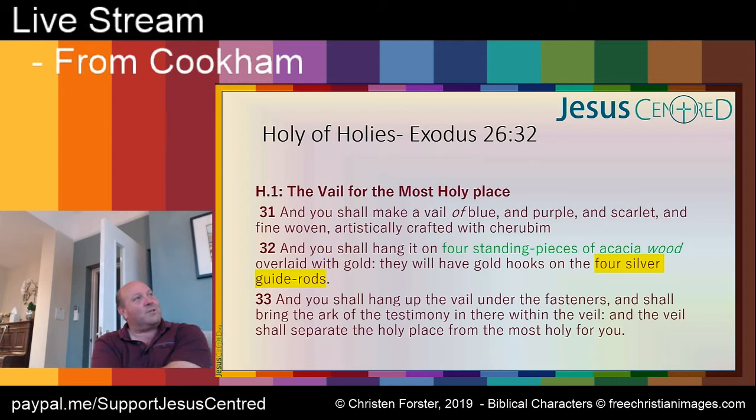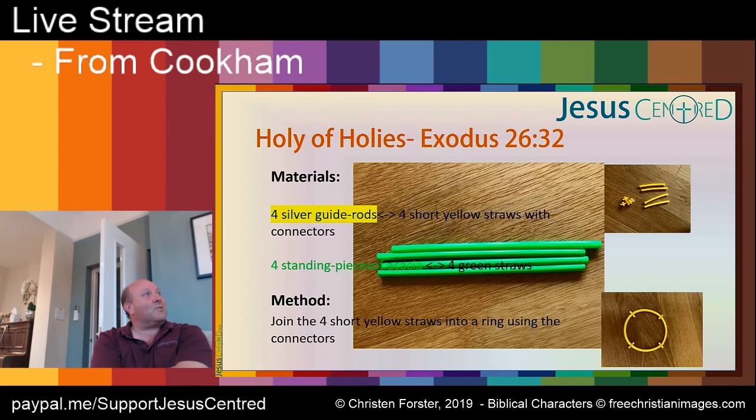And the veil, now I'm using the veil correctly, shall separate the holy place from the most holy for you. So inside is holy, right in the middle is going to be most holy. So let's find a way of doing this. So 4 silver guide rods, 4 yellow pieces, with connectors.